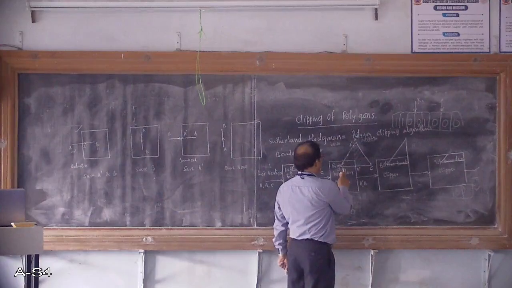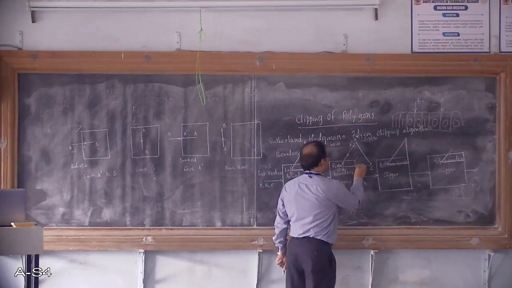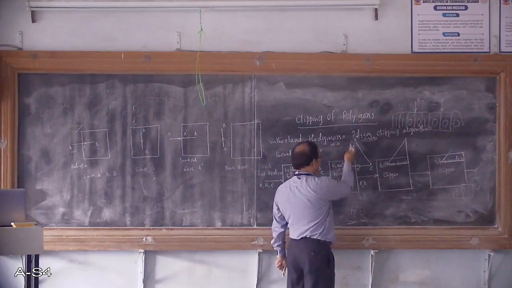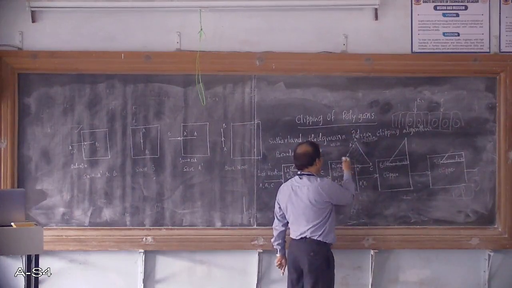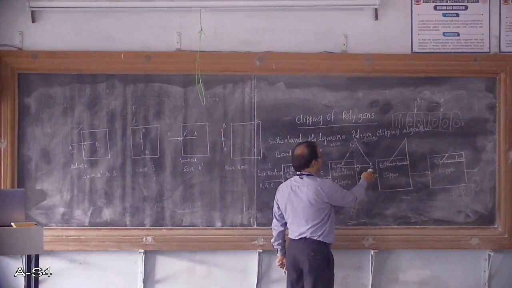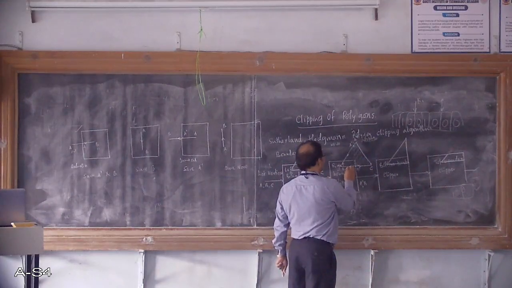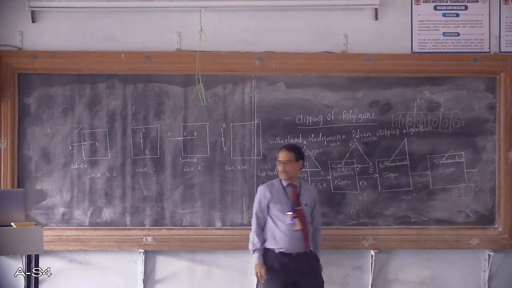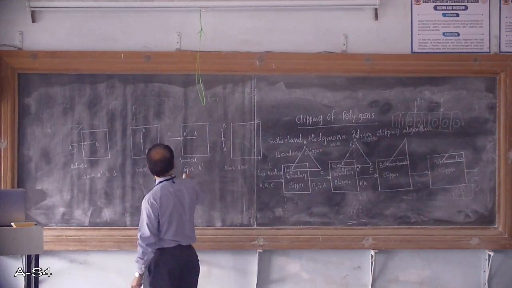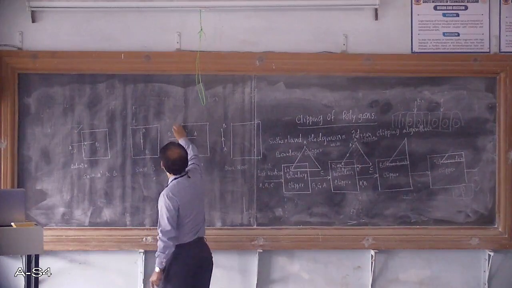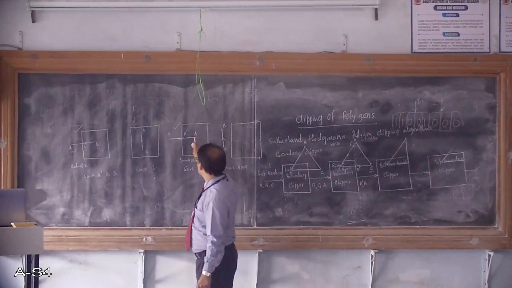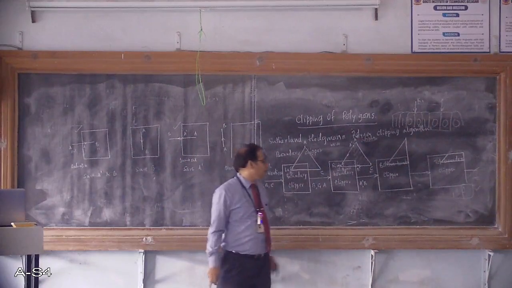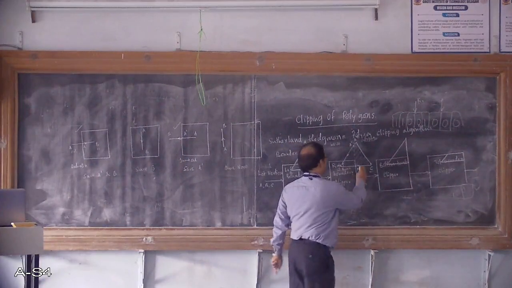So now we have B dash C. The edge is progressing from B to C. The vertex B is inside and the vertex C is outside. This is inside and this is outside, and we are progressing from inside to outside. So this is the rule, the case in which there is a progress from inside to outside. We have already determined the point of intersection, which is named B dash here.